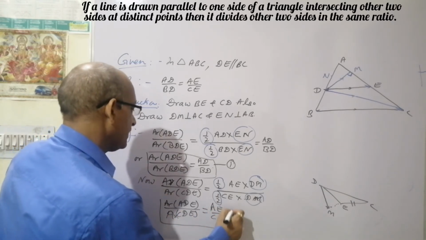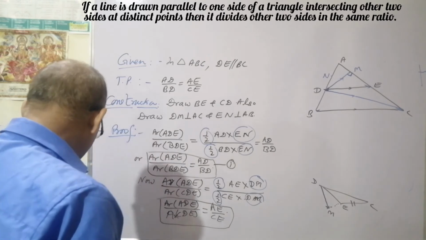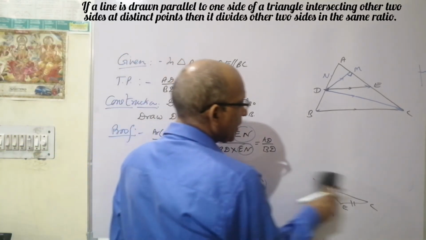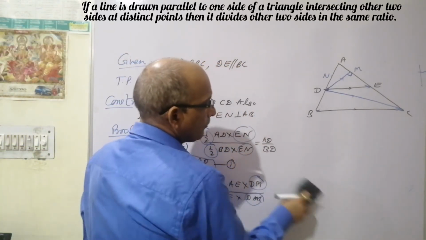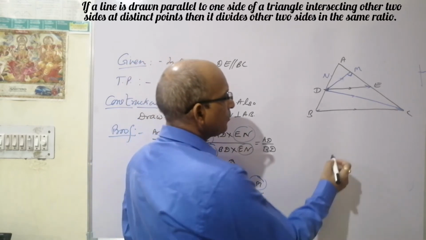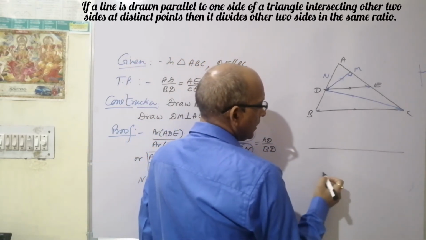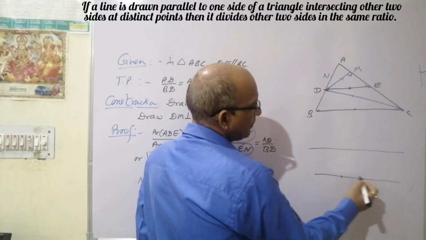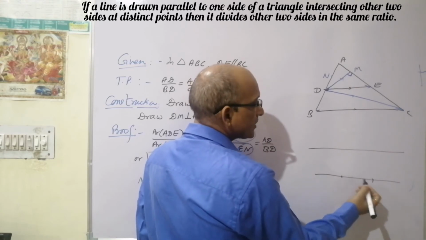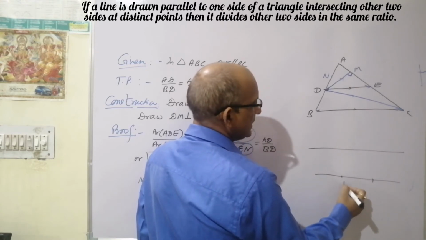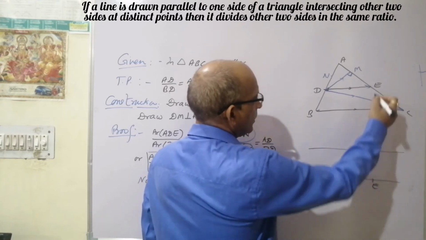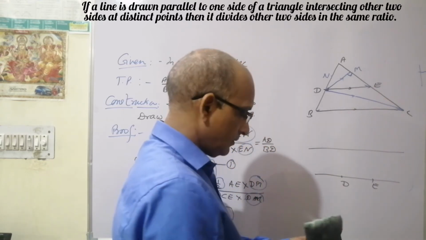Now it is another equation, but just wait a short while for this. One more property is to be applied. I would like to highlight here, if there are two triangles lying between the same parallels, both of them having the same base or equal base, that is you can see DE. Now we have to complete the construction.